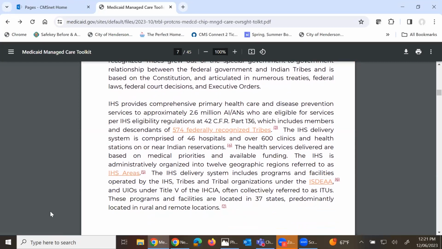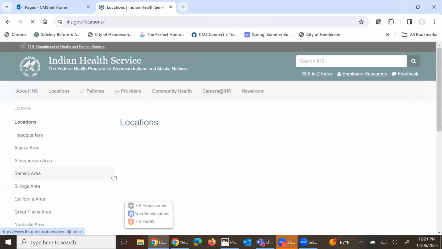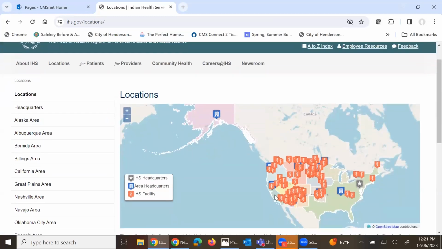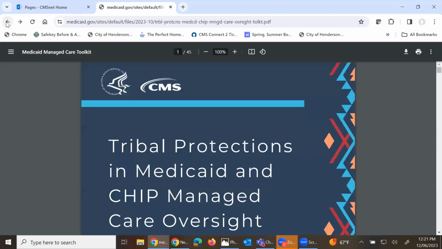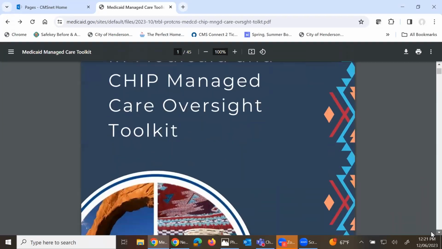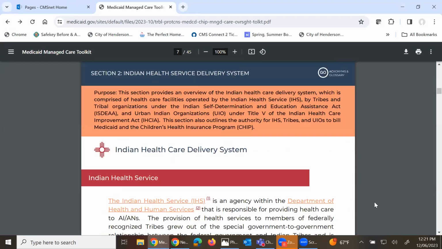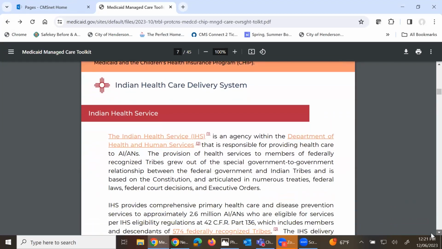I don't want to make anyone dizzy, but I am going to click on that link and go to it to demonstrate how you can go back and forth in the toolkit. So I'm going to click this link. This takes us to the Indian Health Service page with the locations. And now I'm going to navigate back. It does take me back to the first page of the toolkit, but I'm going to go directly back to section 2, where I was. So then